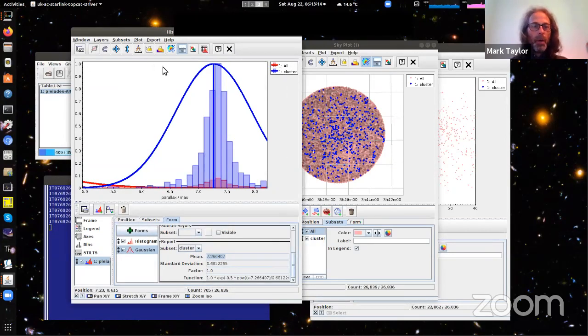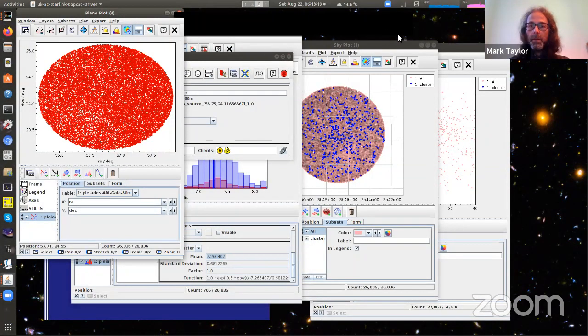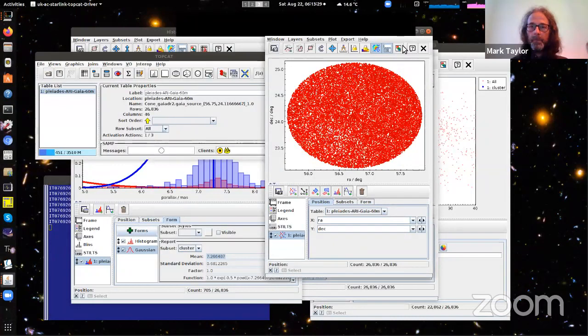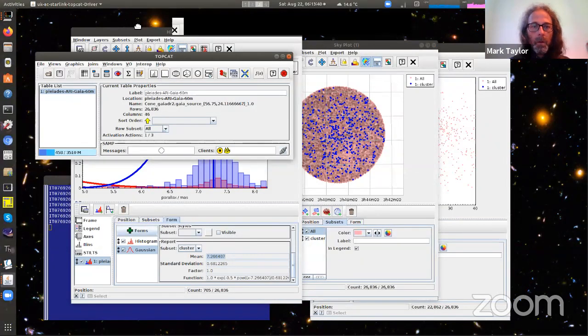We'll do something else now, which is look at a color magnitude diagram. So I'll do a different kind of plot again. Sorry, I'm having mouse trouble again. Let's start that again. Okay,